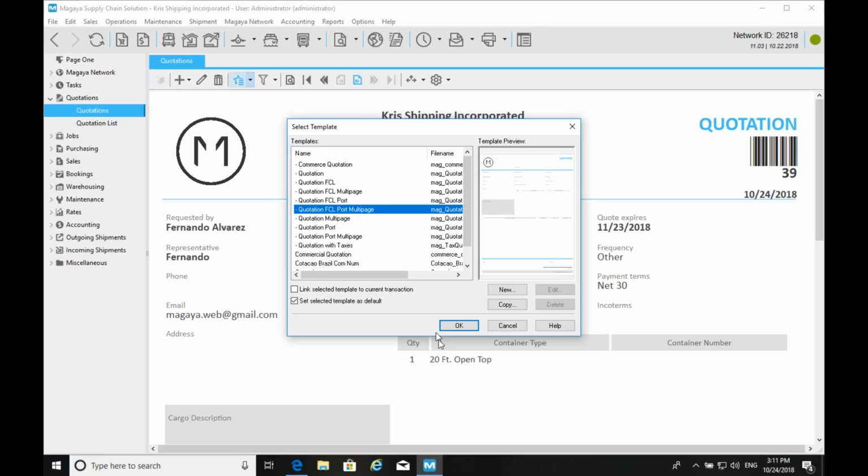So if it's an FCL, you will get a container listing, as you can see in the background here. Then you have a port-to-port versus door-to-door quotes. So the ones that say port, they only list the origin and destination, the loading and unloading ports, whereas the door-to-door quotes give you full addresses of the pickup and final delivery for doors.